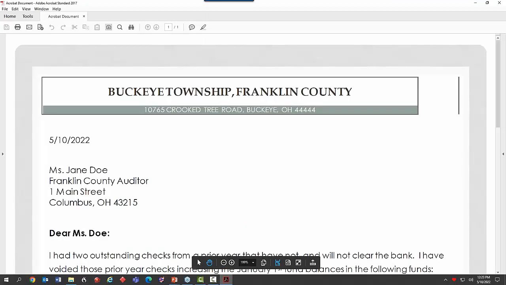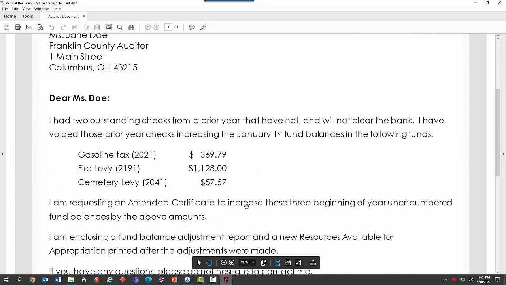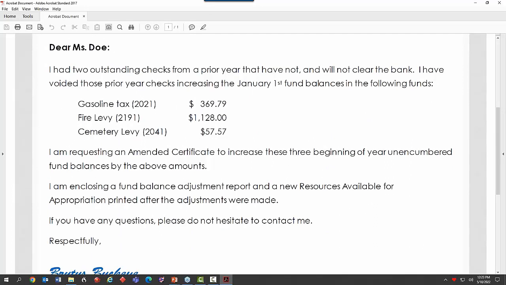When I have voided a prior year warrant and I'm requesting an amended certificate, this is different than getting a revenue budget for a $5,000 grant, because that $5,000 grant affected my other sources, my current year revenue certification. This is changing my beginning of year fund balance. And I had one client tell me years ago that her county will not change the unencumbered fund balance. But you voided a prior year warrant. You put the money back in a fund. He won't do it. So at least you did request it. That's all I can say. I don't know what I would tell you if your county won't fix this.